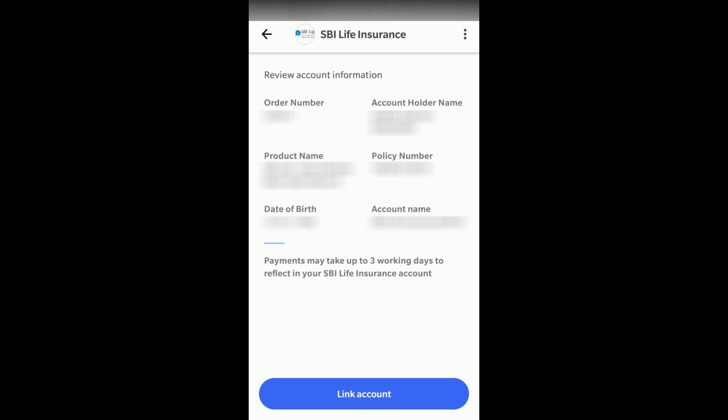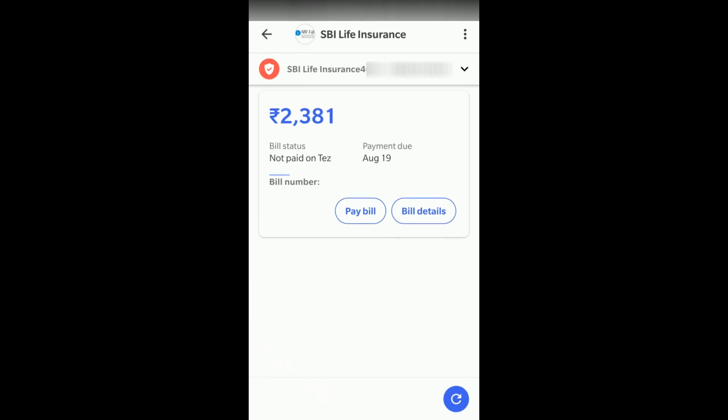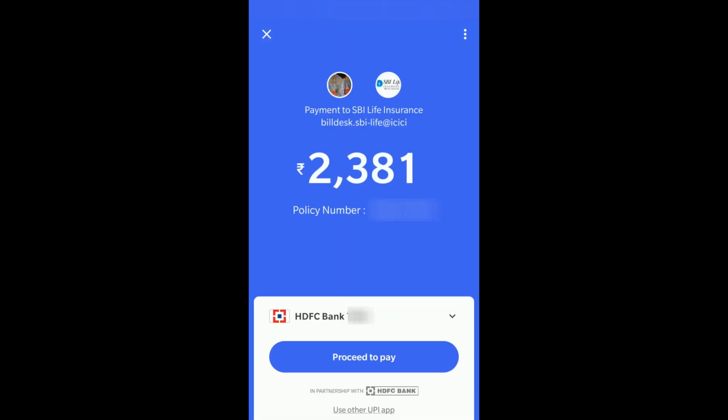So it's asking you to review. It says payment may take up to 3 working days to reflect in your SBI life insurance account. So it's up to, mostly it will be before only. So I'll click on link account. So automatically the bill is fetched, 2381, which I have to pay, and I'll click on pay bill, and it's